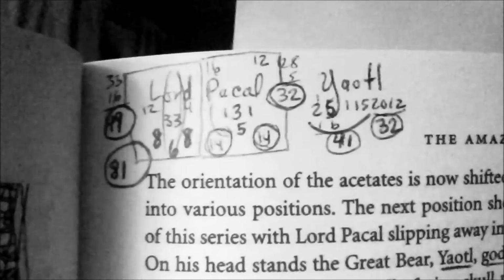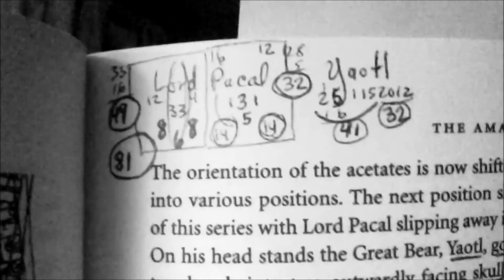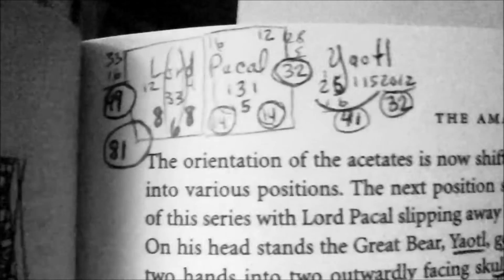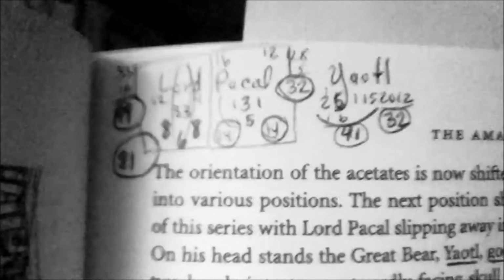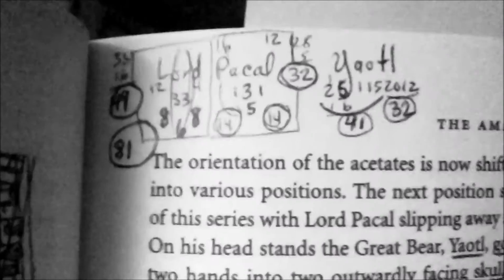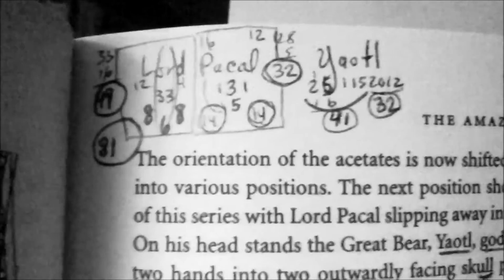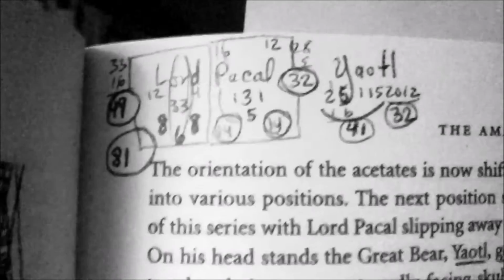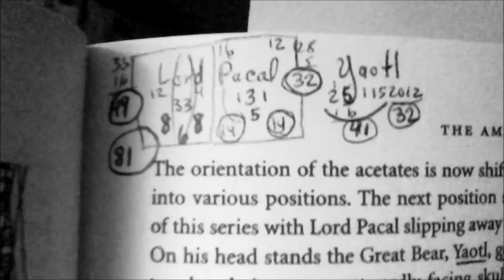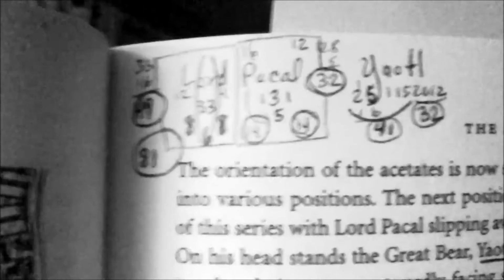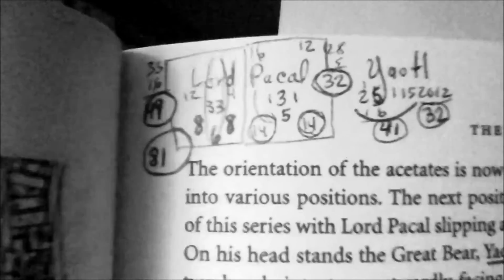So in the center, you just have the 131, which also adds to a 5. So it's kind of like a trinity of 5s here, if you look at it that way. But before you take the digital roots and you just add the gematria, it adds up to 32, which is what I would call the upward facing pentacle, the upright pentacle. And then if you add the Pacal, the 32, to the 49, if I did my math right, I think I did, you get an 81, which is a 9 times a 9.